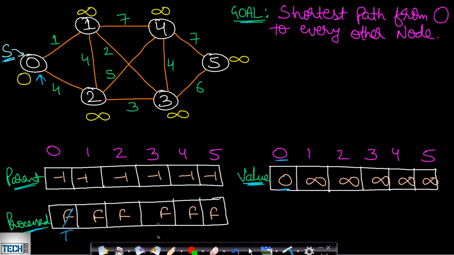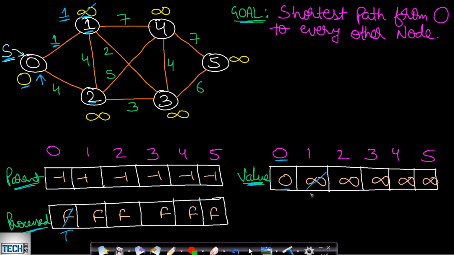So whenever we find a lower cost path, then we will update the value. Now from 0, we have adjacent node as 1 and adjacent node as 2. So if we start from 0, then the cost to reach 1 will be cost at 0, which is 0, plus the edge weight, which is 1. So it will be 0 plus 1, which will be 1. But initially present cost is infinity. So you can see that we have found a lower cost in order to reach this 1 starting from source, which is 0 in this case. So we will replace this infinity with the minimum value, which is the new value. So this will be updated with 1.